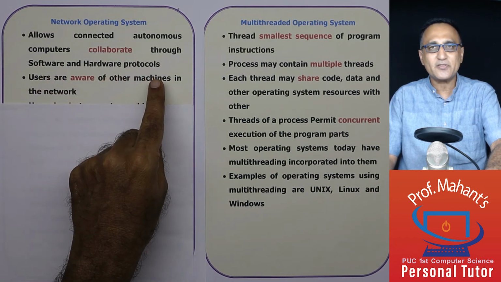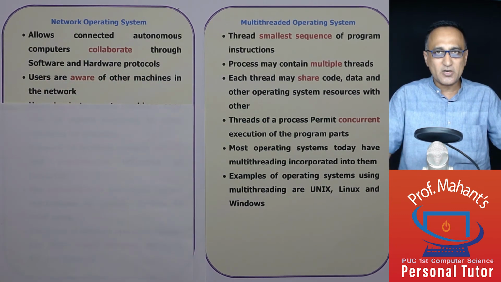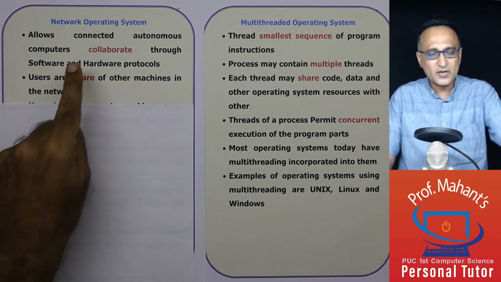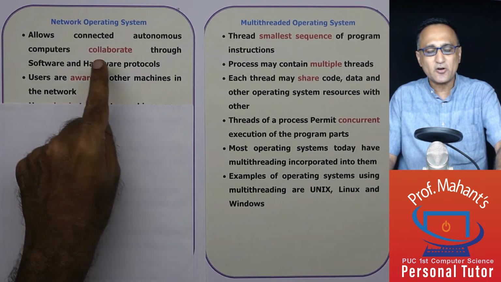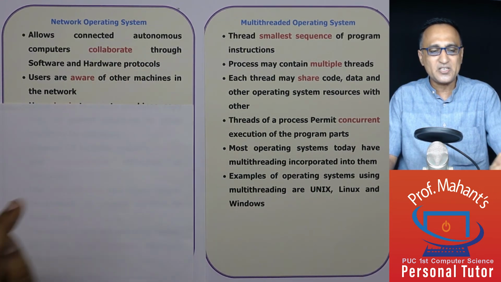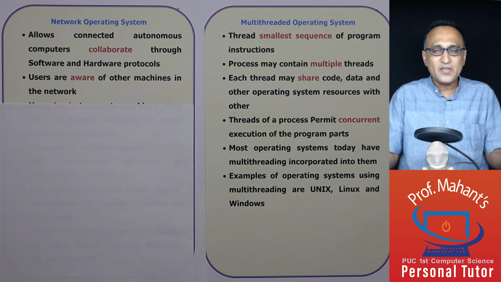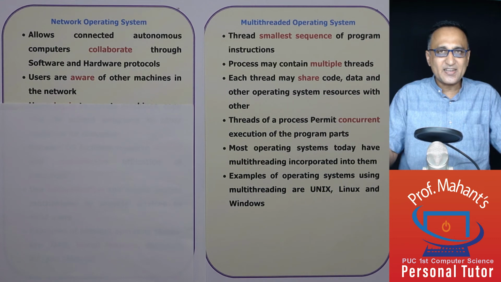Protocols, you can think of them as certain rules, because when you are communicating there have to be certain rules to be followed so that you are able to work together. So a network operating system imposes certain rules so that computers or hardware devices can collaborate with each other. In a network, even a printer is treated as one node. A scanner can be another node.